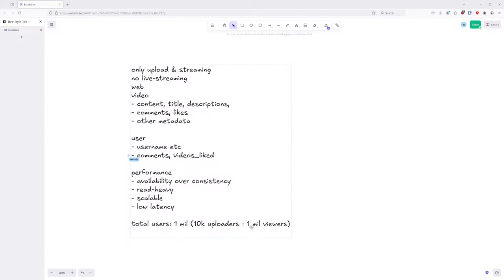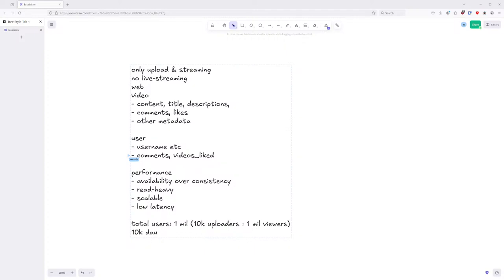And how many of those users are daily active, or what percentage? We'll say 1% of them are daily active. The uploaders was 1% of all users, right? Yeah, all users. Okay, sounds good. So 1% of all users are active daily.